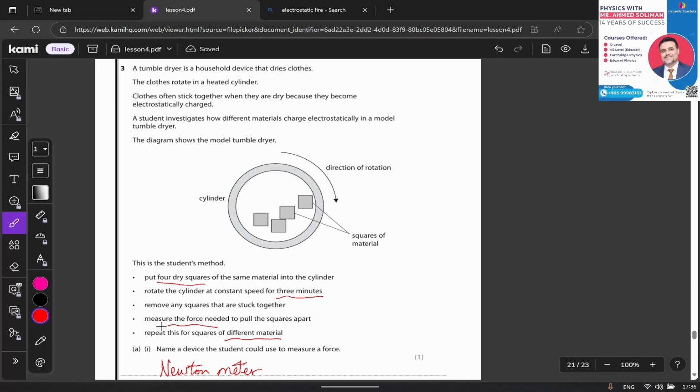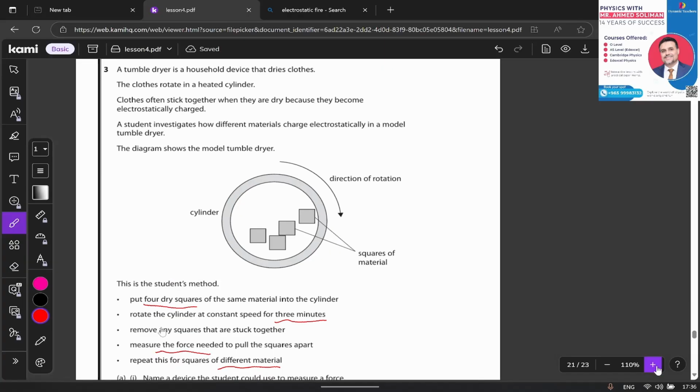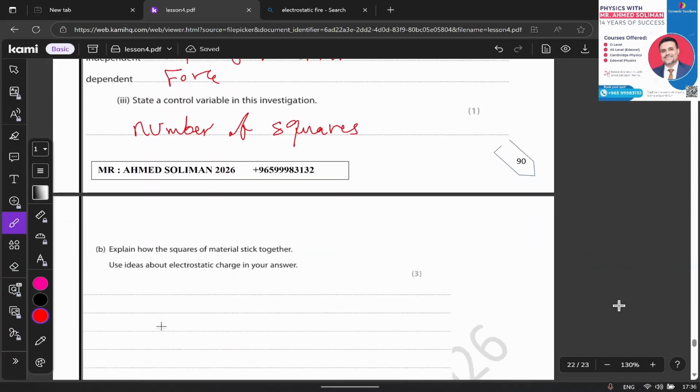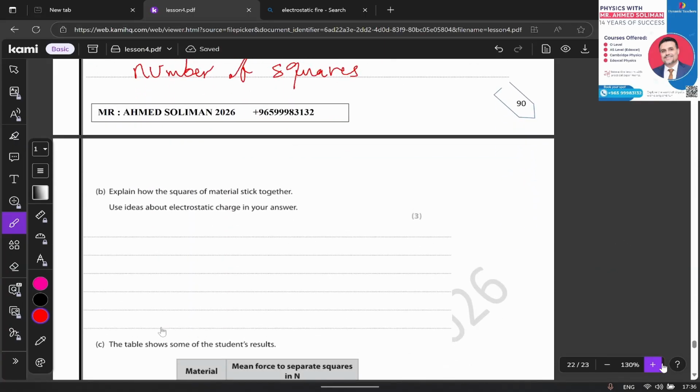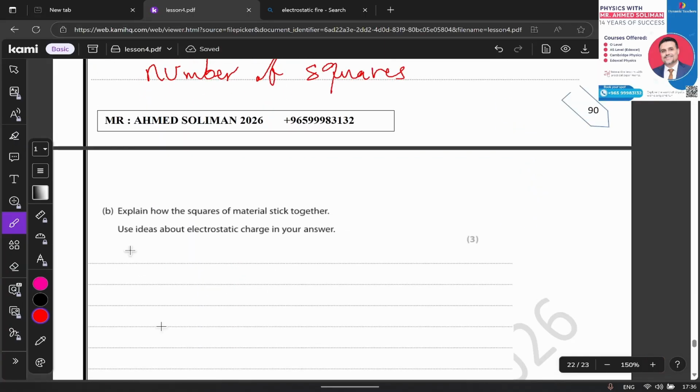As squares move, they become charged due to the friction between the squares and the tumble dryer, so they gain. So we can write the squares gain charge